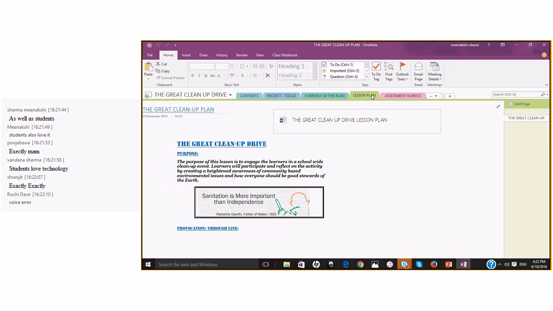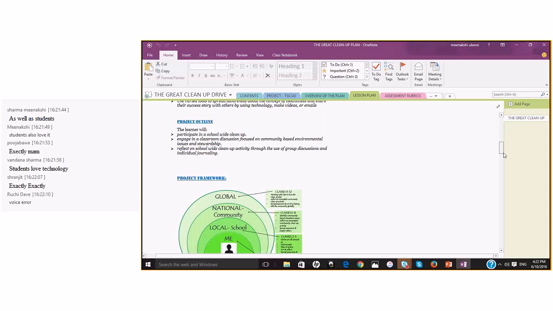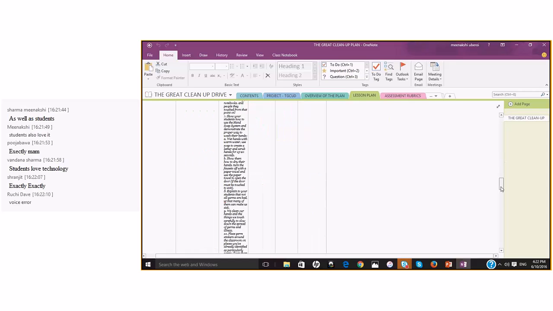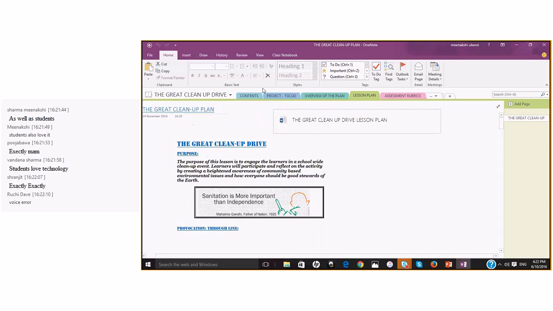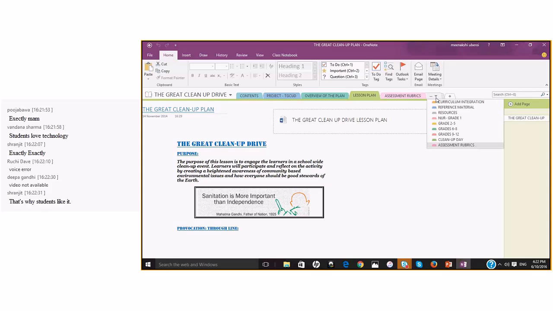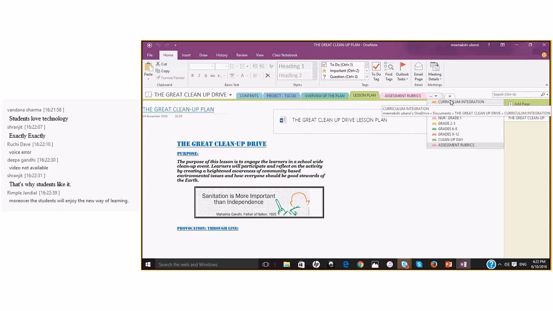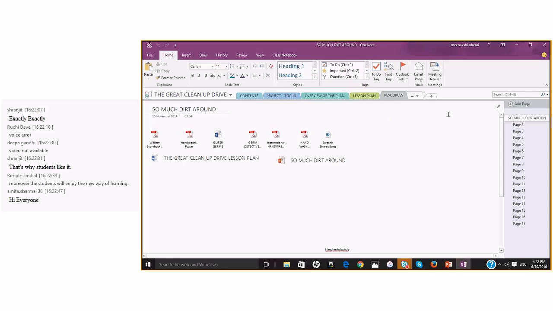Then it will take you next to the lesson plan. What you need to notice here is the lesson plan is not only laid out like this or pasted like this over here. It is also available as a Word document for the teachers to download and use. If you look at this entire notebook, this is like a project plan, and the project plan very carefully has an overview, has a lesson plan, it has curriculum integration, it shows you reference material, it takes you to resources,